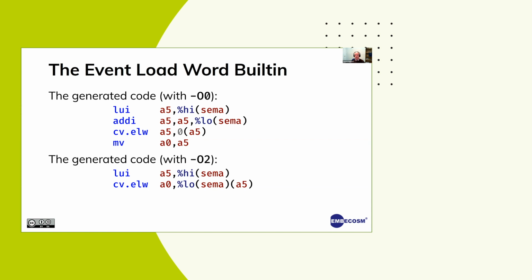But that's the simple and basic pattern, and this has got all the power of the standard RISC-V optimization in GCC. So if we turn on a bit of optimization, we can observe that we only need to worry about loading the upper 20 bits, and load upper immediate sets the bottom 12 bits to 0. We don't need to create the full address because we can have a 12-bit offset in ELW. So we can use the low 12 bits as the index onto that A5 we just loaded. And then, of course, why are we putting the result in A5? Let's put it in A0 so it goes straight into the result. So we can see we've generated an ELW for that address in memory in a minimal set of instructions.